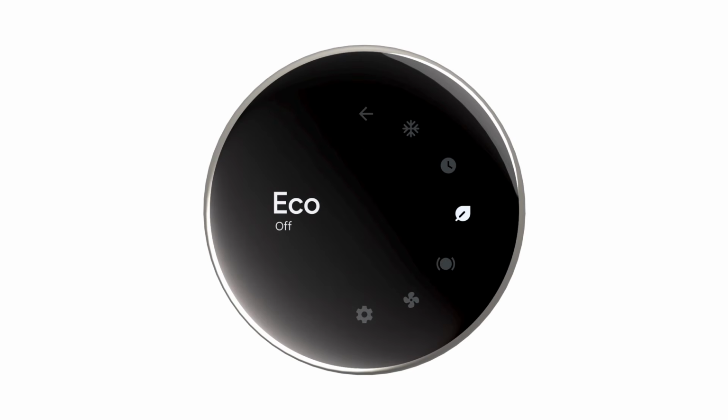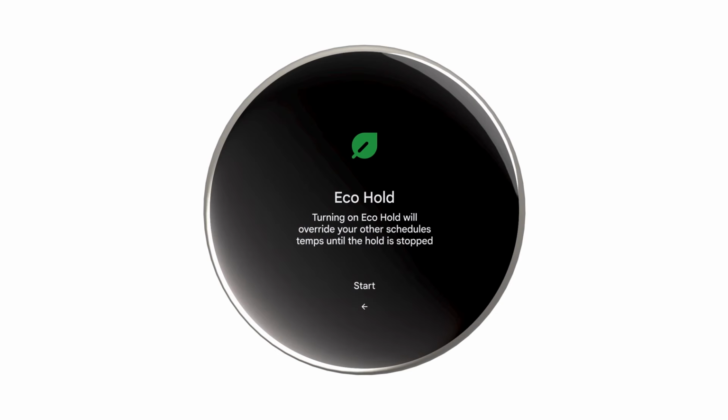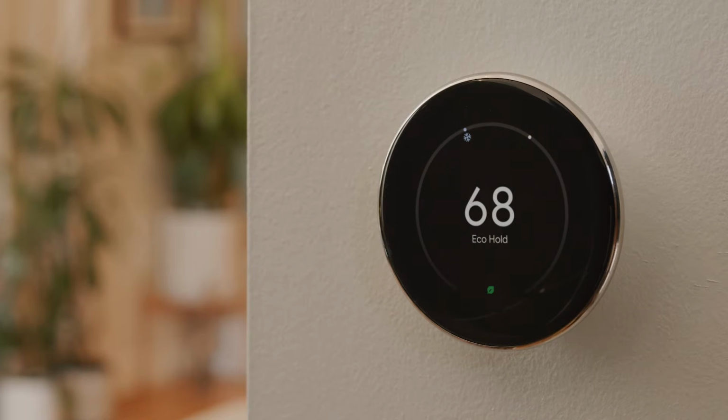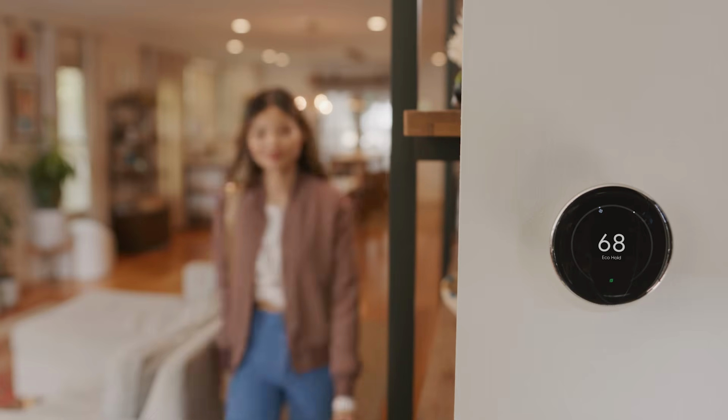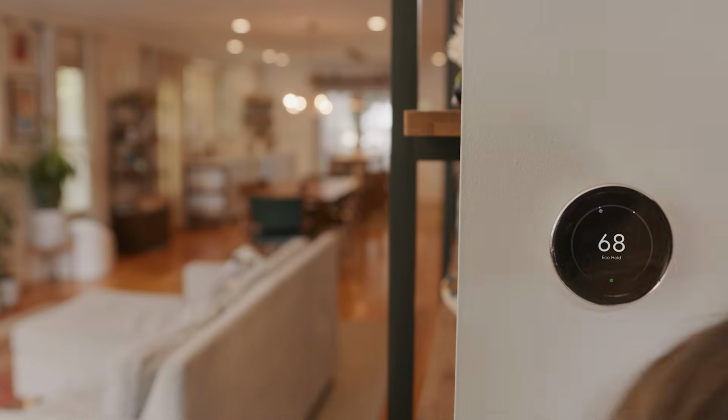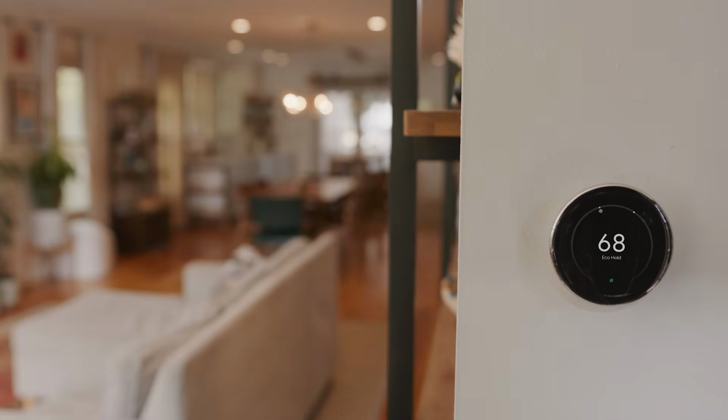Eco mode sets your thermostat to your specified Eco preset. This temperature range is designed to save energy by allowing your home to get cooler before the heat turns on or warmer before the air conditioning turns on. For example, you might want to turn on Eco mode if you'll be away for an extended period of time, such as a vacation. If you turn on Eco mode from your thermostat, it will stay in Eco mode until